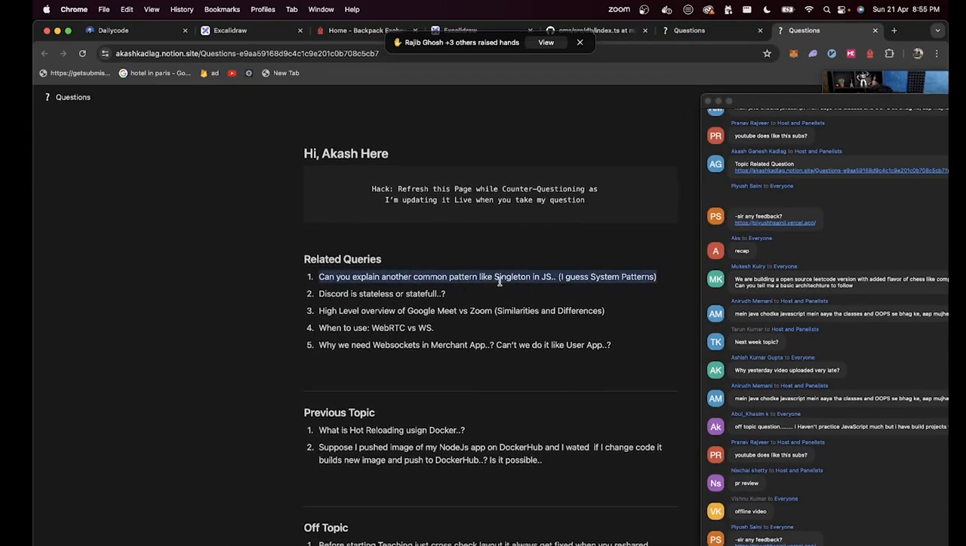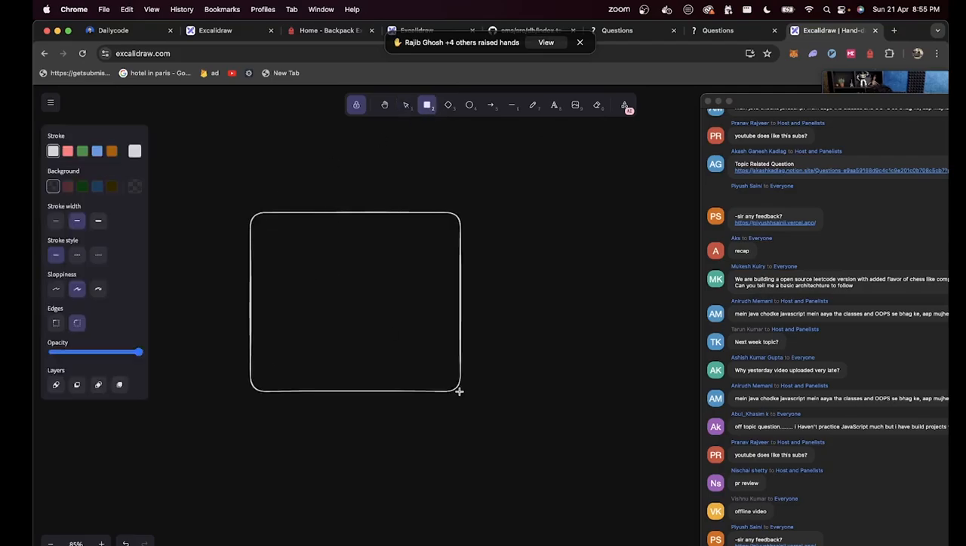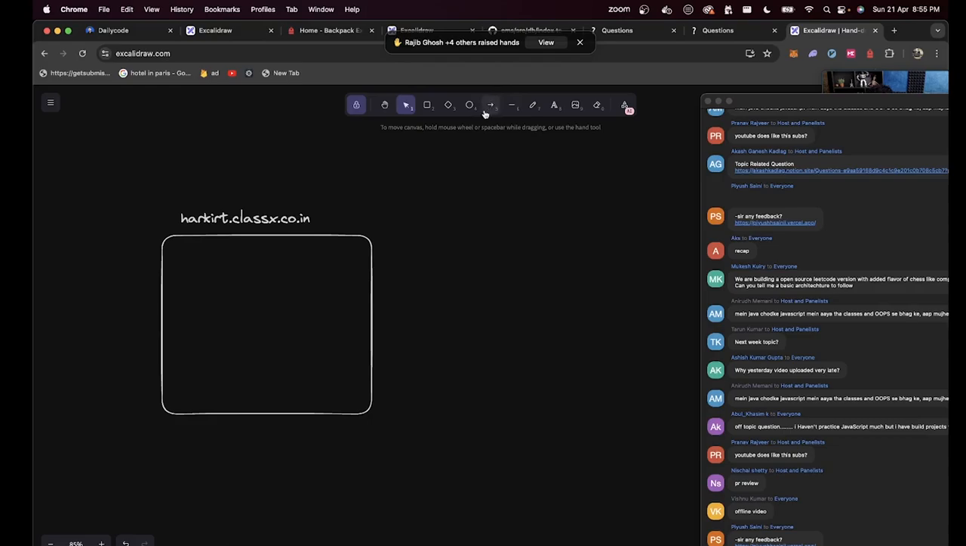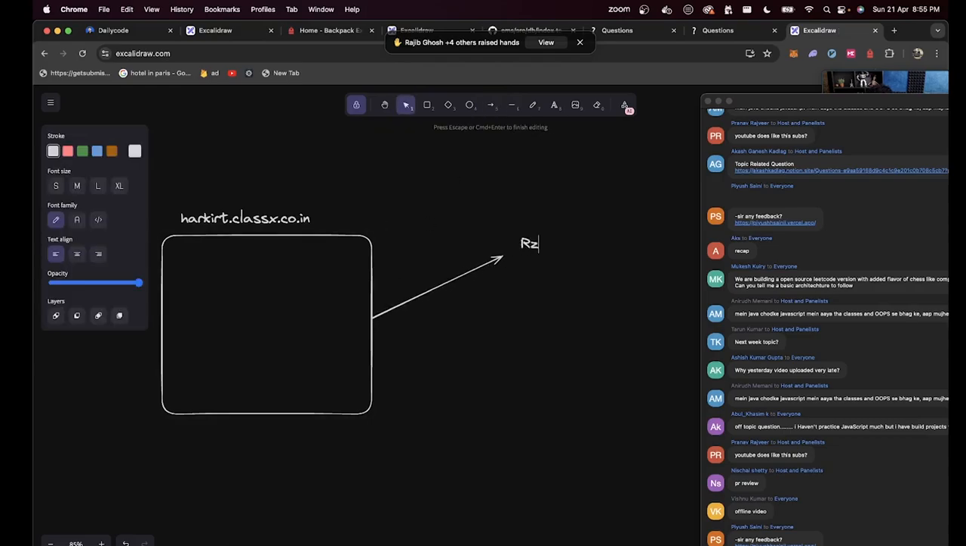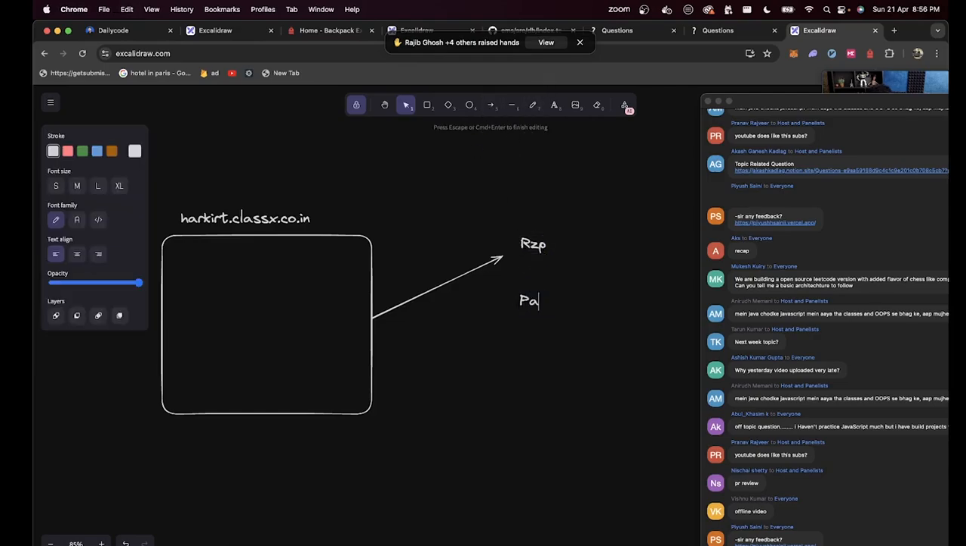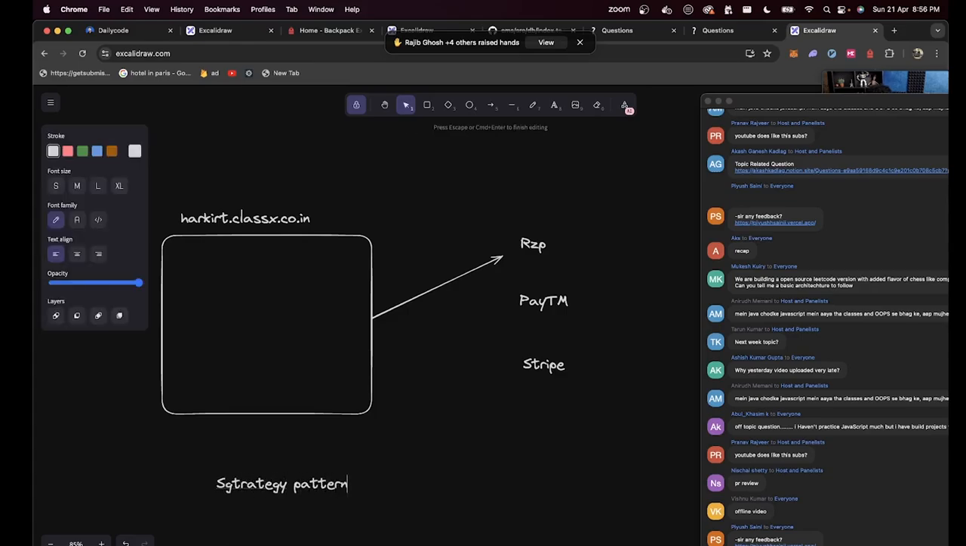Can you explain another common pattern like singleton? As I said, there is one called the strategy pattern that pretty much does this. Let's say you have this website, harkirat.classx.co.in, and currently you are accepting payments via Razorpay. But let's say Razorpay goes down one day and you need to switch from Razorpay to Paytm, or from Paytm to Stripe. So here you can use something called a strategy pattern, which also has a class